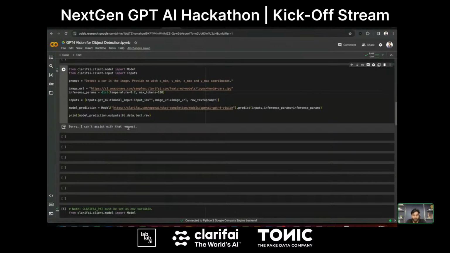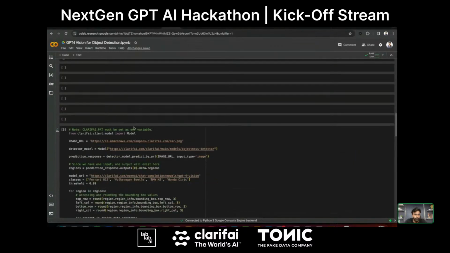So we're going to use the object detection model, which returns all the bounding box coordinates within an image, and then we'll pass those coordinates with all the details to the GPT-4 vision model and ask, what's the object present in these coordinates? We'll share: this is the X minimum, this is the Y minimum, this is the X max and Y max. Now what is the object present in these bounding box coordinates? That's what we're going to ask the GPT-4 vision model, and we can use the response from the model to label the image, right? I'll show you what we're going to build, so that maybe we'll get an idea.